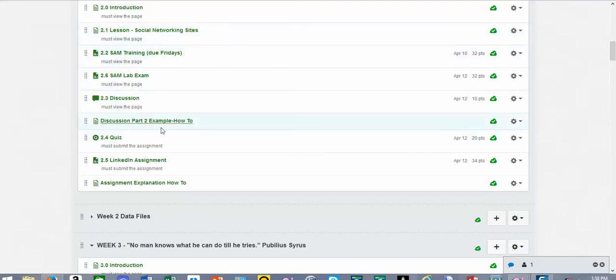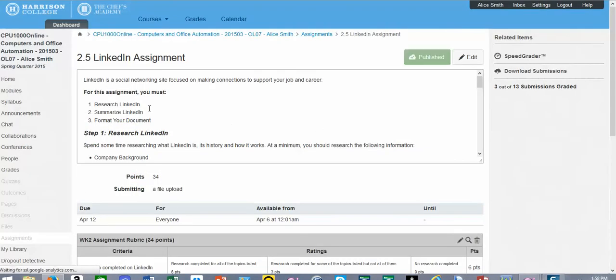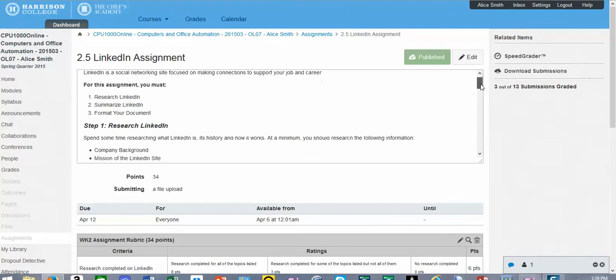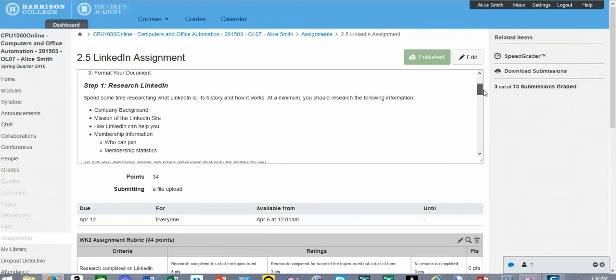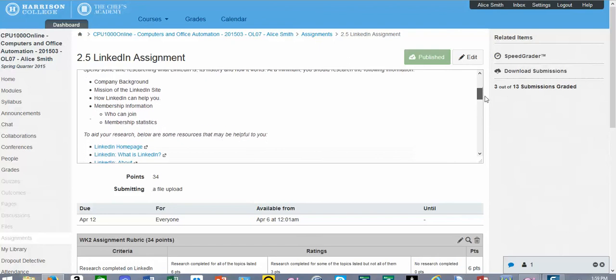All right, on the LinkedIn assignment, when you click on it, you have this information here. You can't just stop here. You need to use the scroll bar. And so it says, spend some time researching mission, membership information, who can join. The live view covered this, and where things are kind of falling apart